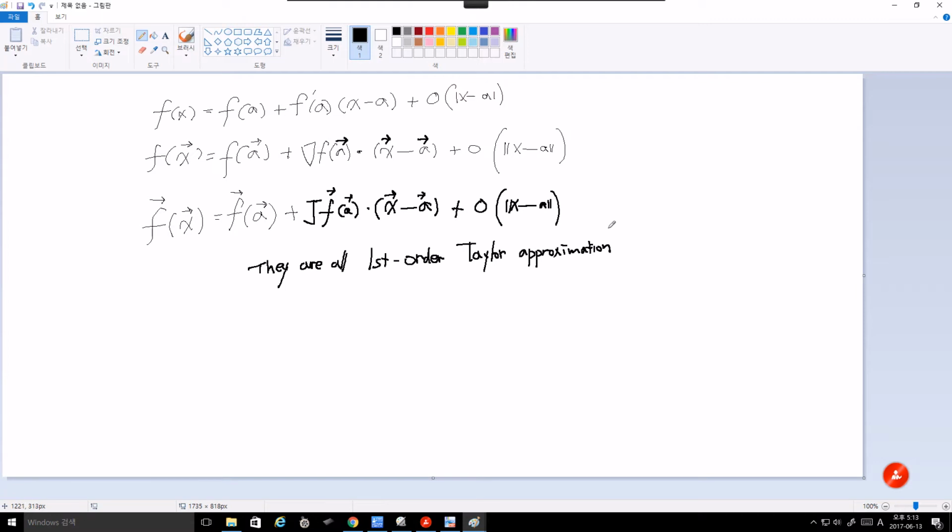Okay, they are all first-order Taylor, or in other words, they are called linearization. As I told you, the famous linearization is the Campbell-Schiller linearization. So the first one is the